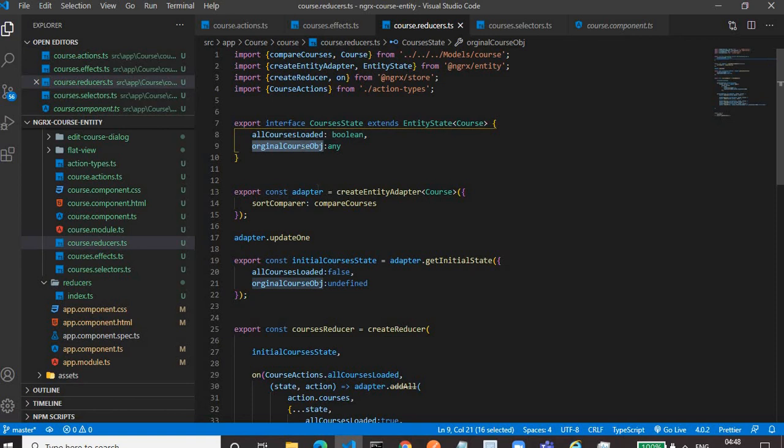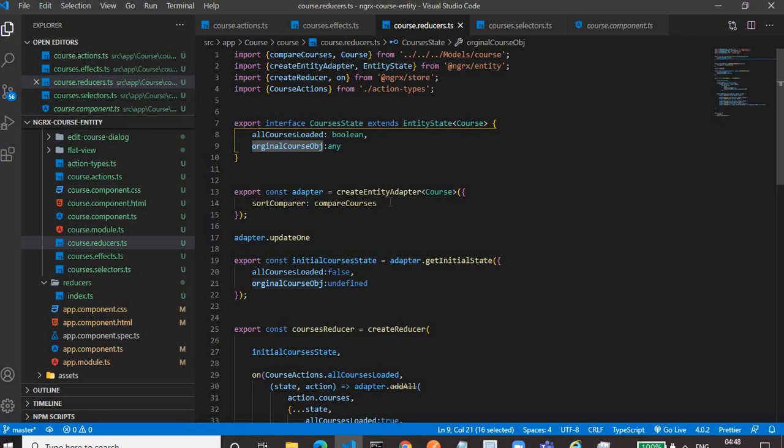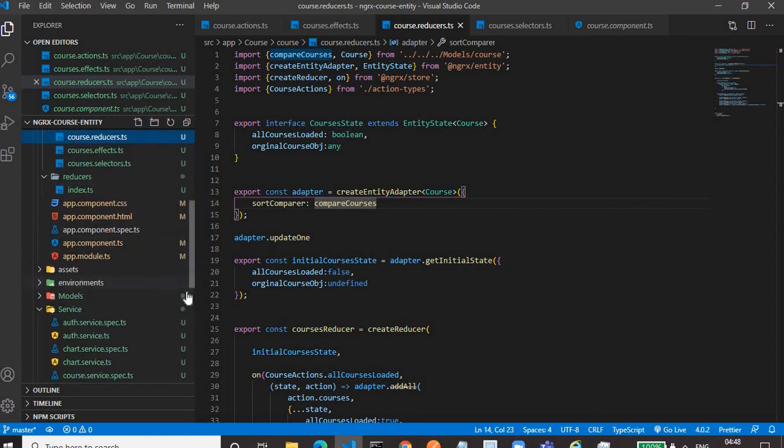Okay, so it's an interface that extends EntityState. Then we have to create an adapter using createEntityAdapter of the Course type. Then in this adapter, we can provide the compare function. If you want to arrange the courses in ascending order, then we will write a compare function and provide it as sortComparer here. We have defined this compare function in the model for the courses that we have created.